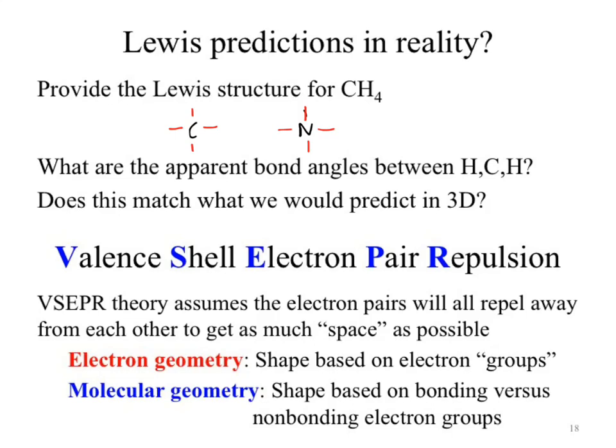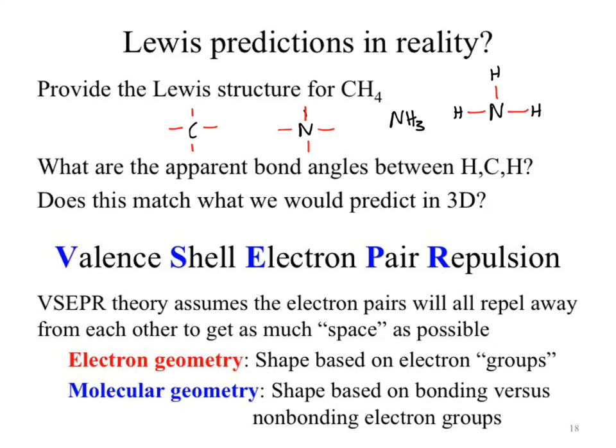What happens if we switch it up one more time and we jump to NH3? The Lewis structure for NH3 gives us this. So if we're looking at the electron geometry, how many groups of electrons are around that center atom? 4. So our electron geometry is tetrahedral. It's the exact same shape. But when we move to the molecular geometry, what do